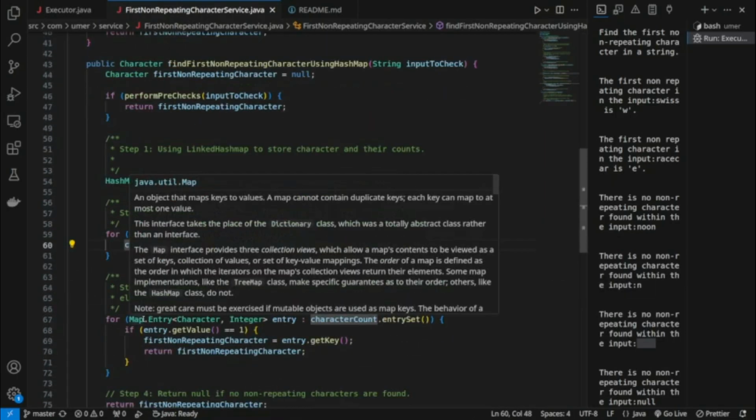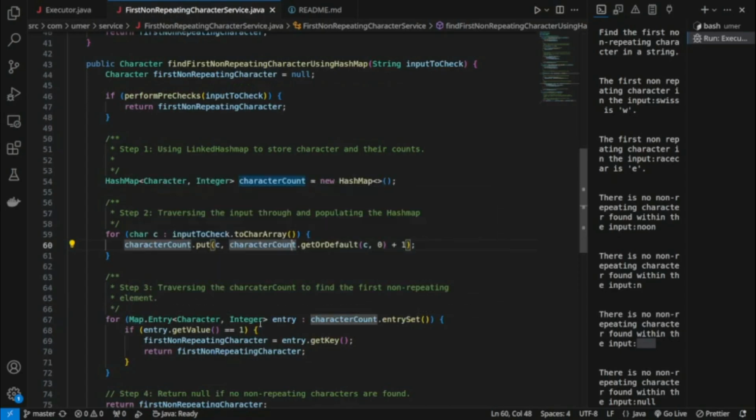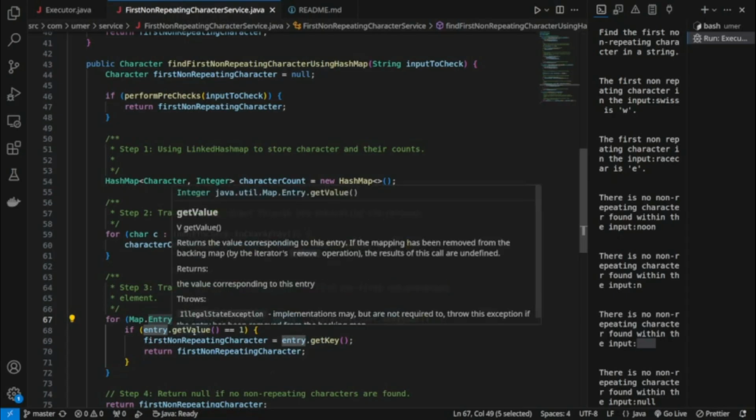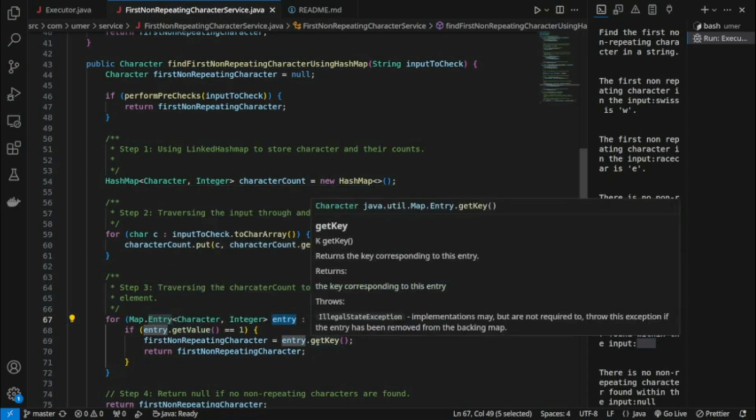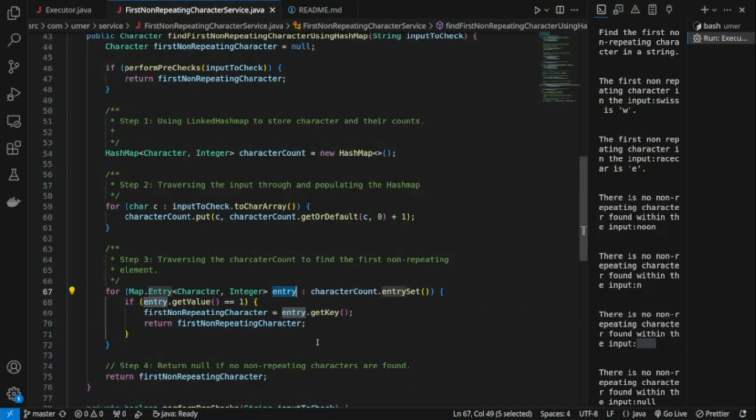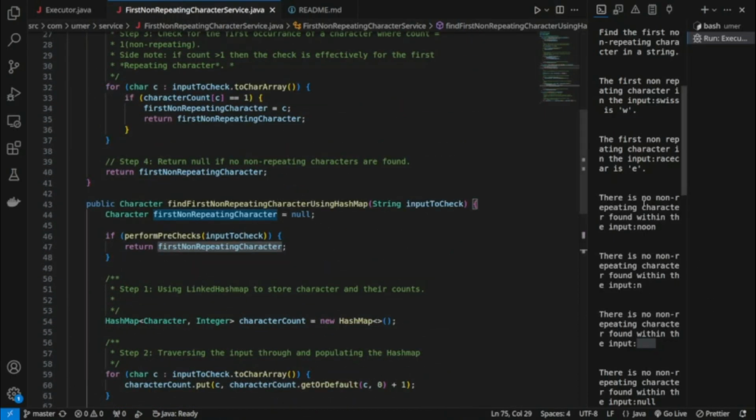And after that we do another for loop on the entry set within this map and check if the value of the current entry is equal to 1. Then we just return the key, and obviously in this case S will be 3, but W will be 1 if we follow the example of Swiss. And eventually null is returned if it doesn't find any character,